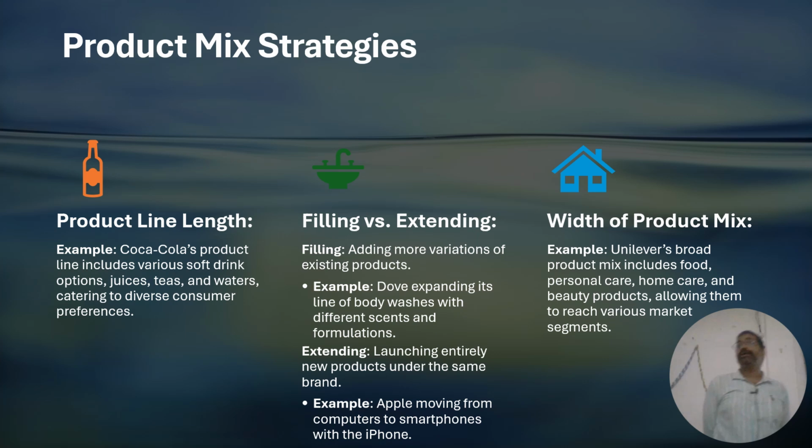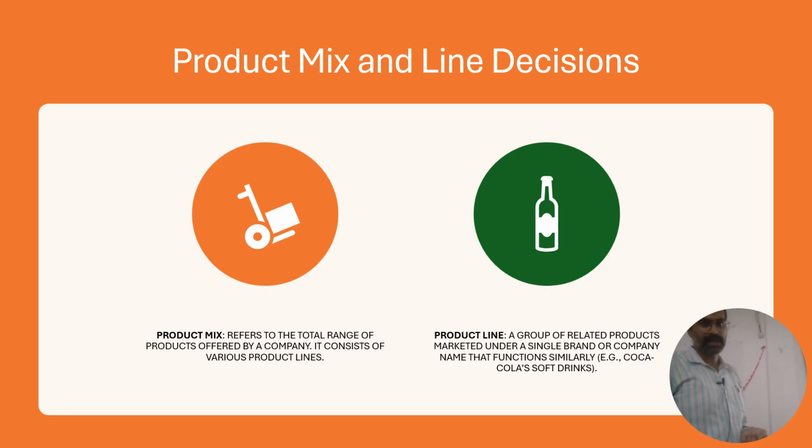Fanta, do you guys know Fanta? Fanta entered different markets, same product. That's what we call product extending versus product filling. Fanta has orange flavor. Fanta has strawberry flavor. In some countries, you'll find Fanta in cranberry flavor, blueberry flavor. What appeals to the audience, they will make it. That's what we talk about. Product mix.